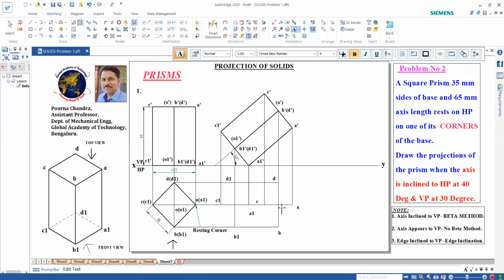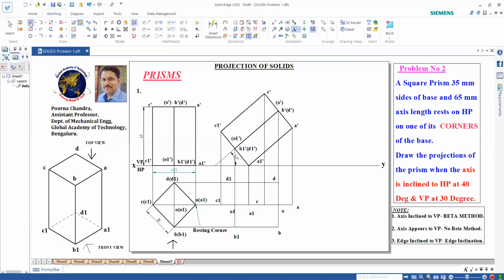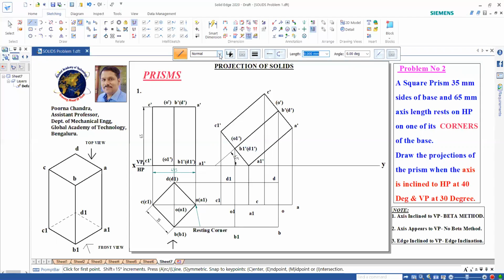And here we have O and O1. Okay, so now we have named all this. Now we shall try to draw the visible lines. As I said, the outer edges will always be the visible part. So we shall try to learn how to draw the visible edges.